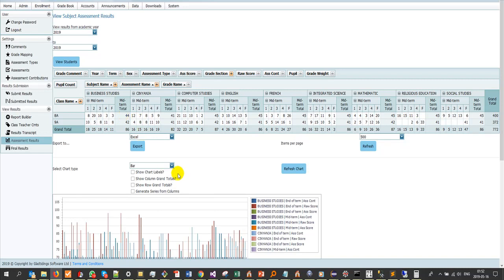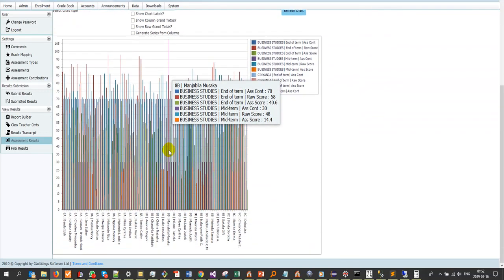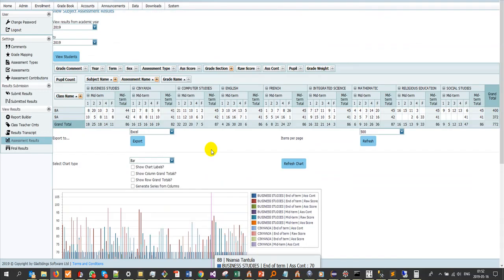Let's see. So you can come up with something like this. How long would it take you to do this in Excel? Well, 1,000 years probably. But there you have it. So you can have something like this, and down here of course you can produce some graphs depending on what you want, but this may not be very interesting unless you really do filter your data to say, okay, let me only look at my class 8A, and let's see graphs of those who got a particular kind of grade. So you can still do that even for assessments. Okay, and just to show you that